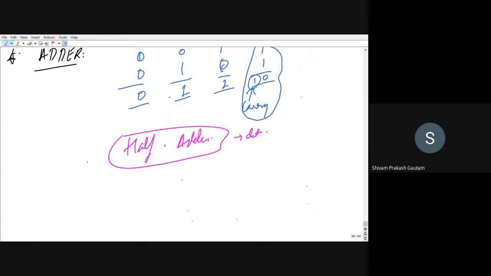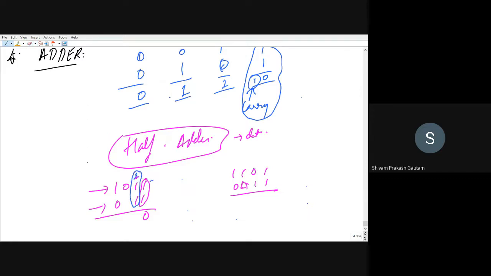And it might be possible that you are having multiple bits. Multiple bits means 1 0 1 1 0 1 1 1 like this. You have to add 1 0 0 0 1 1. So there you can see there are multiple bits. So when you add this 1 1, it will give you 0, and its out carry will go towards the next one, right? And you can see now we are having 3 bits at this instant. When carry goes into the next higher bit, this becomes 3 bits.